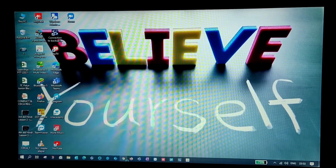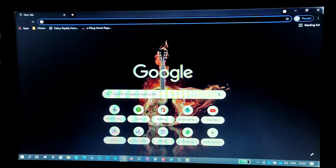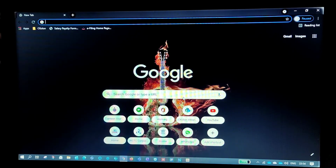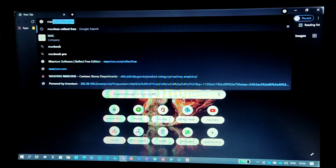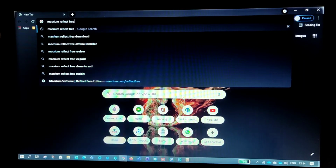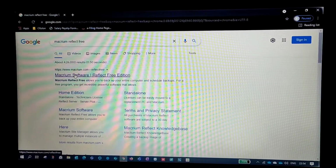Okay, so now we'll open any browser, right? In this video we'll be learning how exactly to clone the Windows OS onto your new hard drive. First we'll download a software called Macrium Reflect Free. Just type Macrium Reflect Free, enter. The very first link, just open that